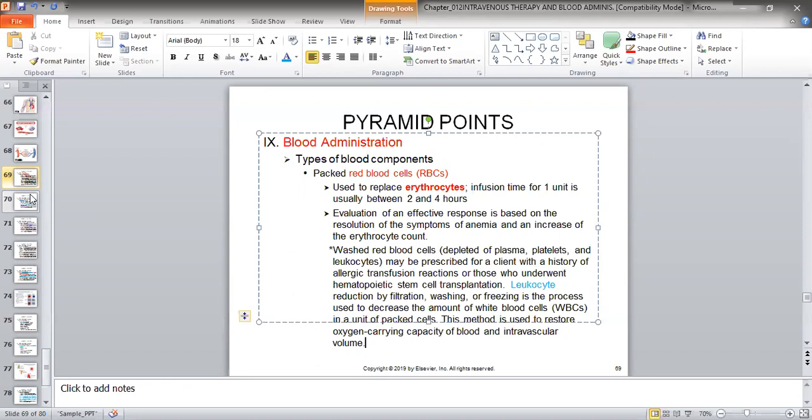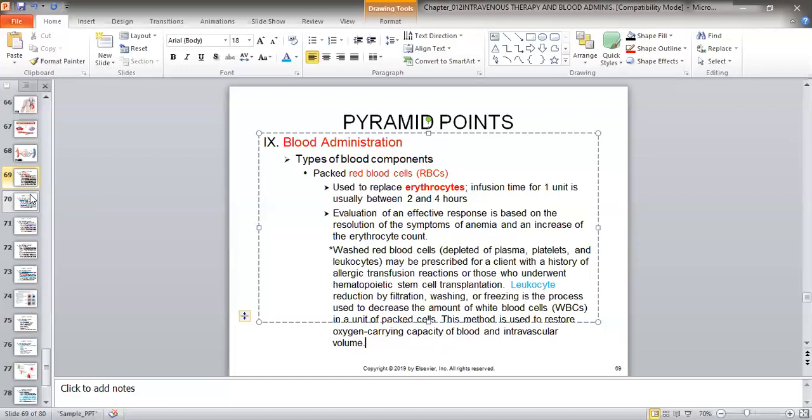So before transfusion of the blood, or if a patient needs the blood administration, first of all, we need the informed consent by the patient, but it must be a signed written consent. Okay,